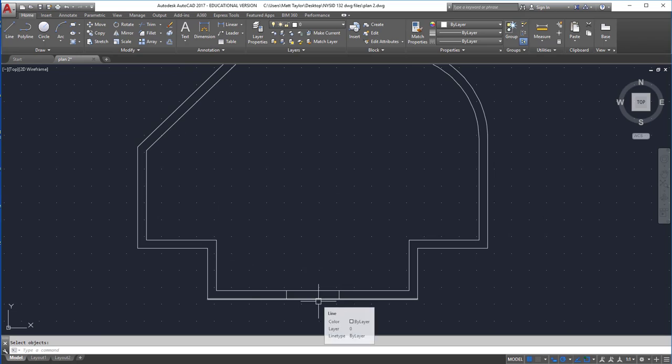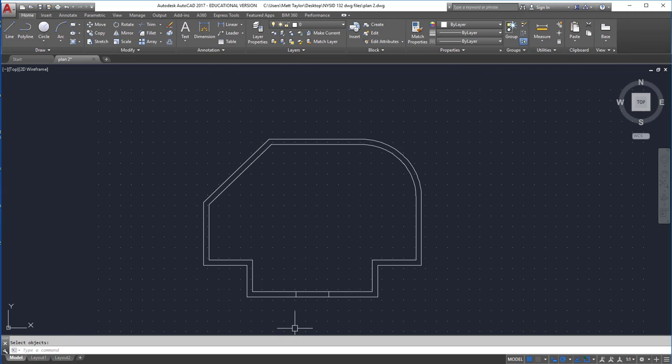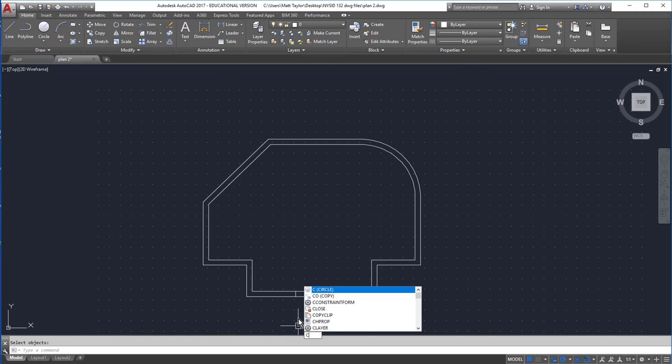So this door happens to match exactly the door on the opposite side. You'll see on the handout that the door here is 3 feet wide, and there's a distance of 8'6" from the right opening of the door to the end of the room. And on the bottom, there's a dimension of 4'6" plus 4 feet here. So it's straight across. So rather than draw it all over again, I'm going to copy,